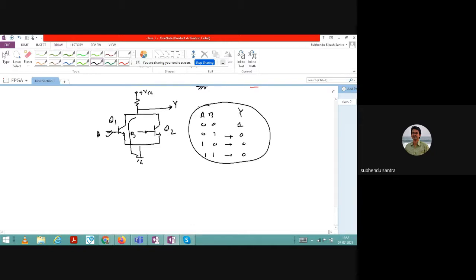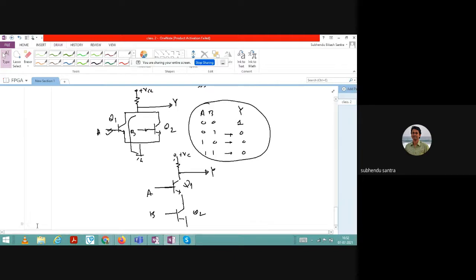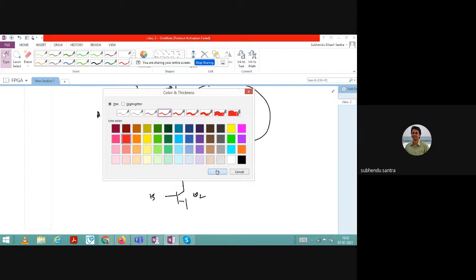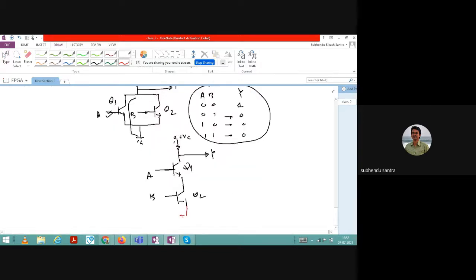Again, if you change the circuit diagram, let us say I connect, and you need to understand why these are important and how this configuration matters a lot. Again, two other transistors you have connected like this. So this is your Q1 and this is Q2, and you are giving plus 5 volt here, A here and B here, and the output is coming from here, this is Y. If you analyze, you can understand. Let me just complete the diagram. There is a ground, this one is ground.